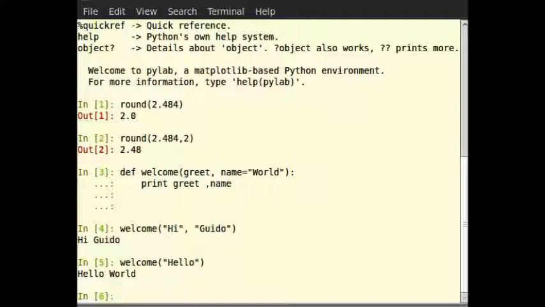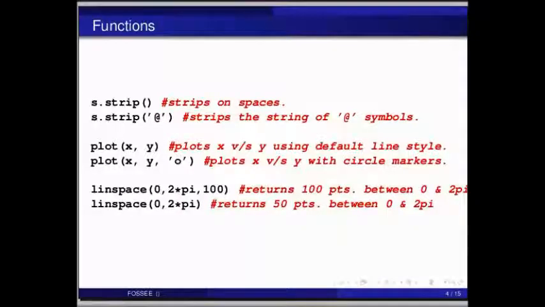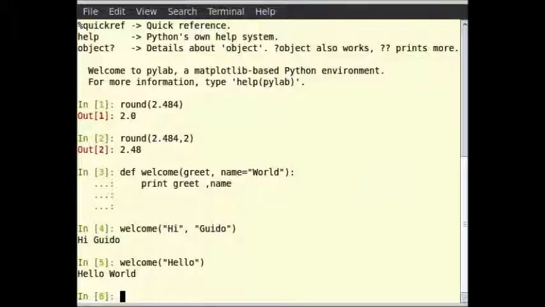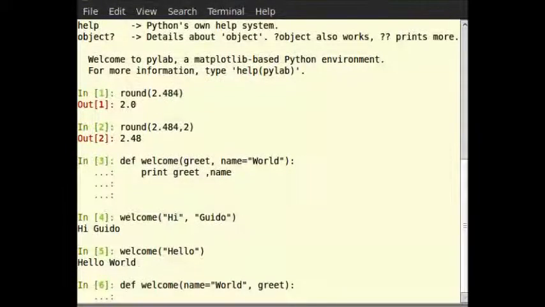Pause the video here and try out the following exercise and resume the video. Redefine the function welcome by interchanging its arguments. Place the name argument with its default value of world before the greet argument. So now switch to terminal for solution. Def space welcome within brackets name is equal to in double quotes world, greet and colon, and hit enter.